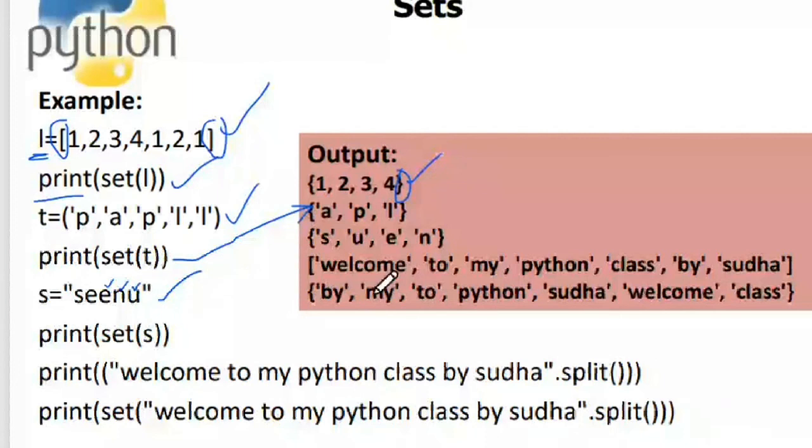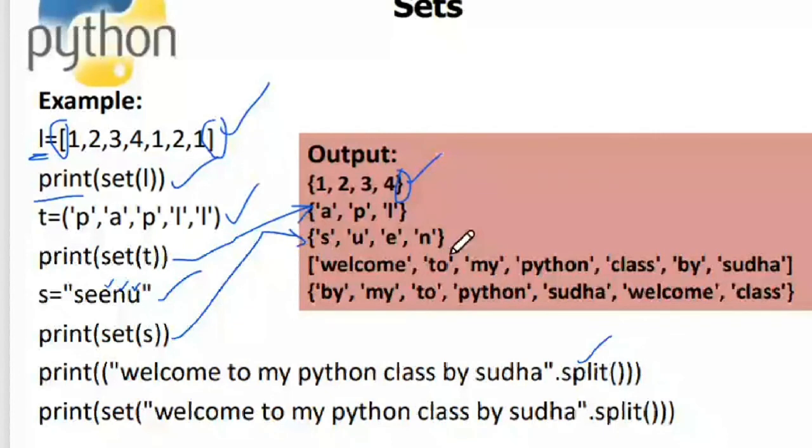Okay, fine. In the next case, I have taken a string and I used the split function. I applied this on this particular string. So the order is persisting. You can see that each and every word over here is separated by a comma and space, and the default delimiter is space over here. So it will cut these words based on the delimiter, which is a space. Welcome is the first word it identified. After that there is a space. So it takes welcome to be one element. It is splitting this particular string based on the spaces, because the default is space. We already have seen this split in strings.